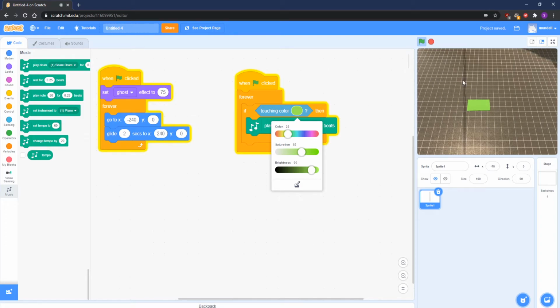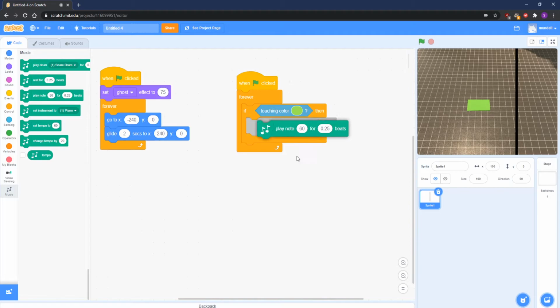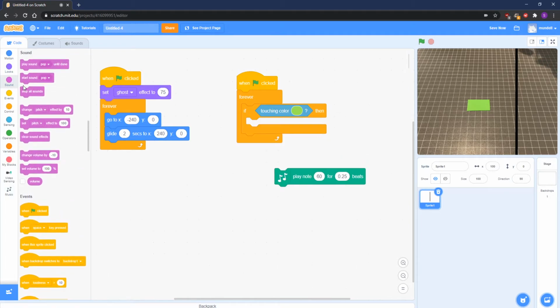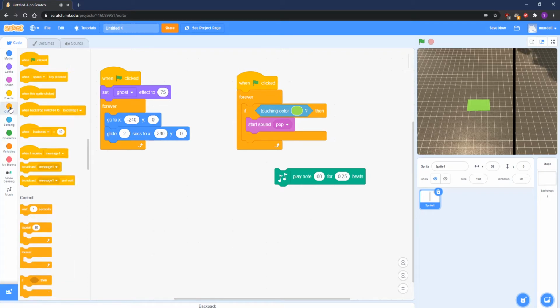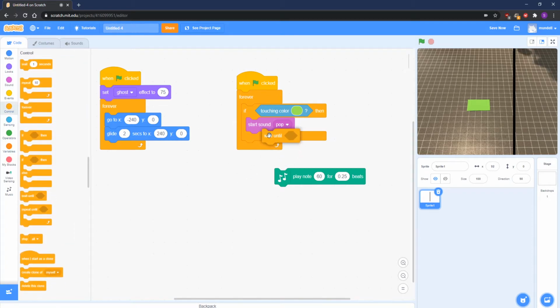You can see that it's triggering multiple times on the one note since it's quite long. And this is more apparent if we go to our sounds and play a pop sound. So this is going to play quite loud repeatedly. Oh, there we go. So you see this is triggering a whole bunch of times as it goes across the note. One of the things that we can do to stop this is go to Control and say wait until